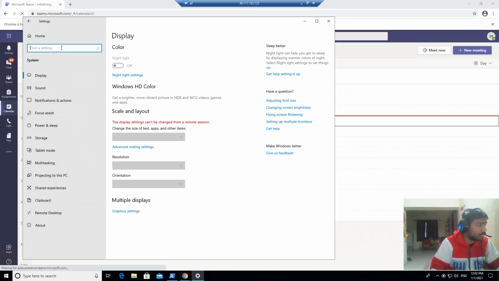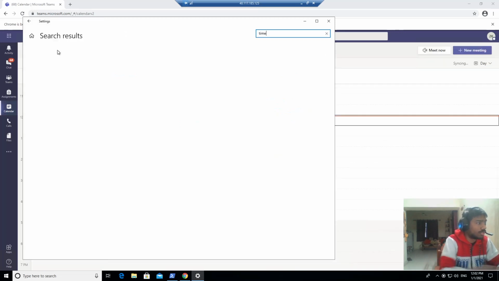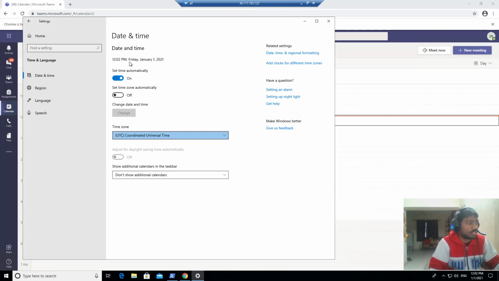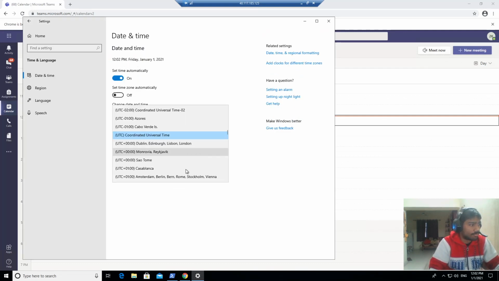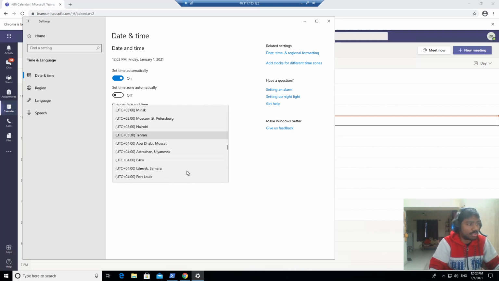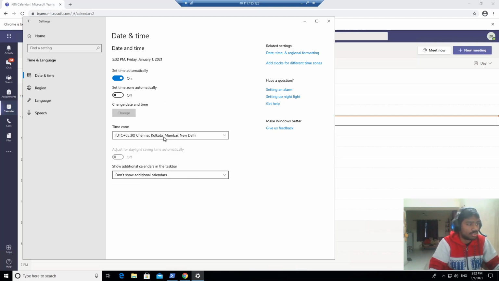So I'll search for it. Time. Change time zone. Just click on it. Set time automatically, let it be as it is. Currently I'm in India, so it's UTC plus 5:30. So here it is. Simply close the window.